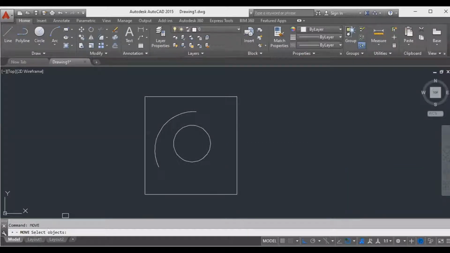After that, the computer will ask you to select objects. Whatever object you want to move, you can select it. Maybe I am going to select my circle. I click, then enter. Steps are very important, don't forget them. Whatever I'm teaching you, you have to follow the steps. Then only you can do it. After you enter, see below: specify base point or displacement. Before you move the object, you have to choose the base point, either the center of the circle, corner of the circle, or middle of the circle.